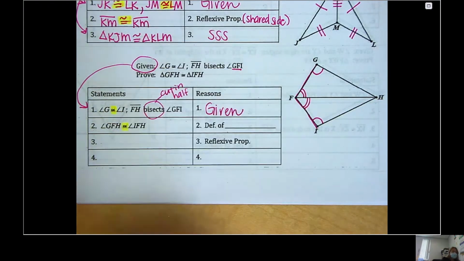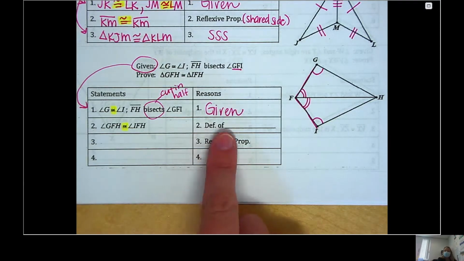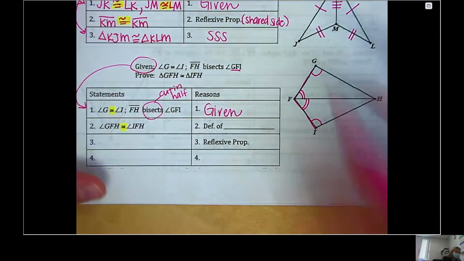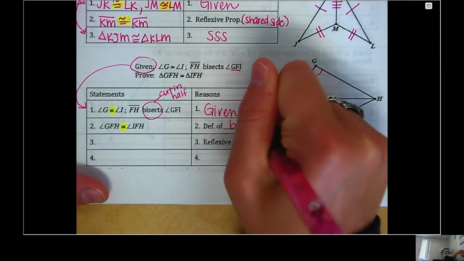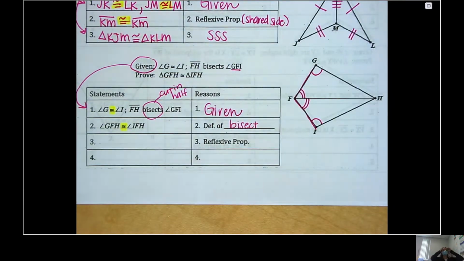Good. Okay, how did I know that those two were the same? Which word gave it away? Which definition of which word did we use? How did we know to cut in half? Bisect, yeah. So this right here is definition of the word bisect. That's how we knew to cut it in half. Okay, definition of bisect, it means it cut in half. There's my second